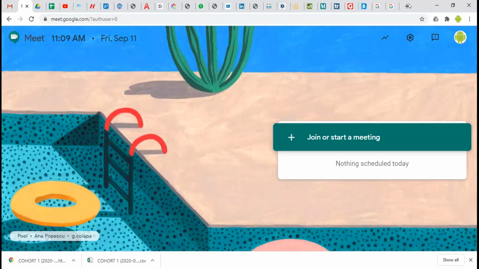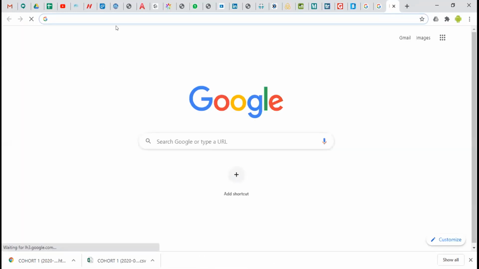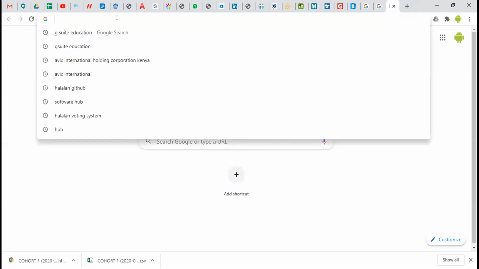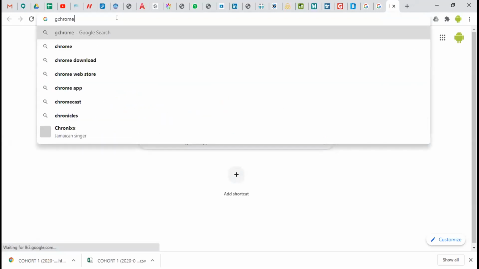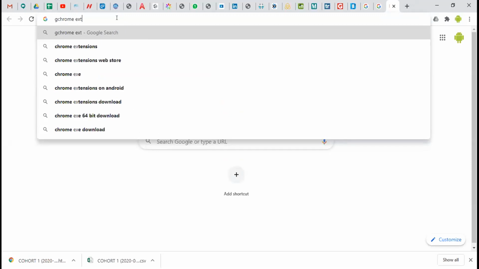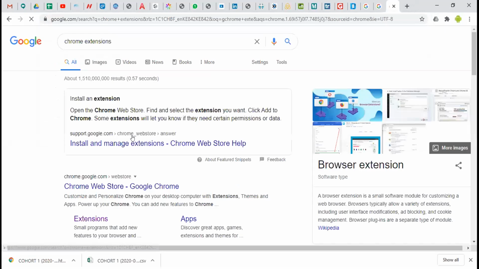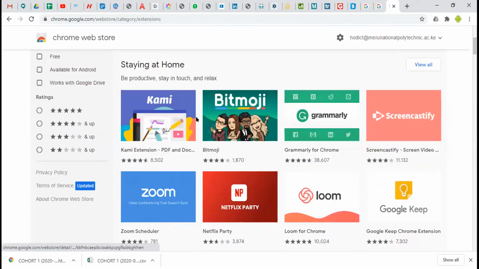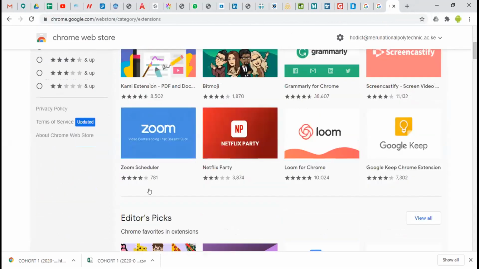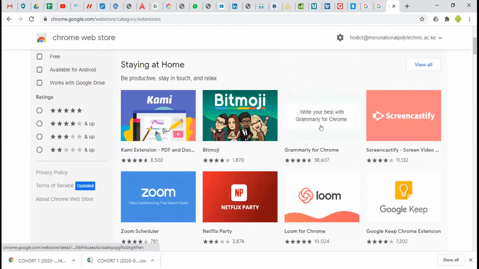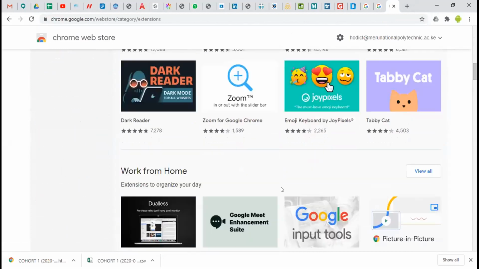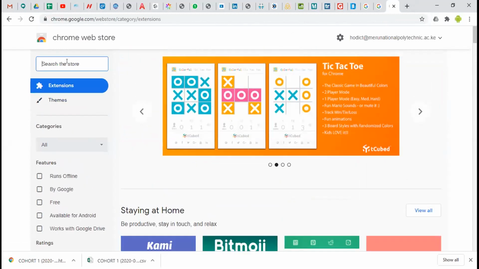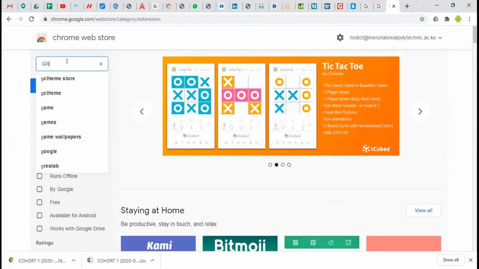Now, the extensions. Chrome extensions, just Google Chrome extensions. If you click on Chrome Store, you'll be able to get several extensions. They have other things like the Zoom scheduler, Grammarly, so many others. But specifically for Meet, maybe Grid View.